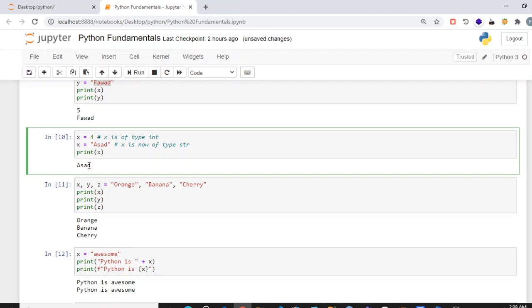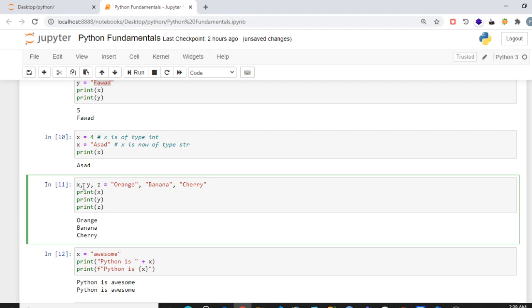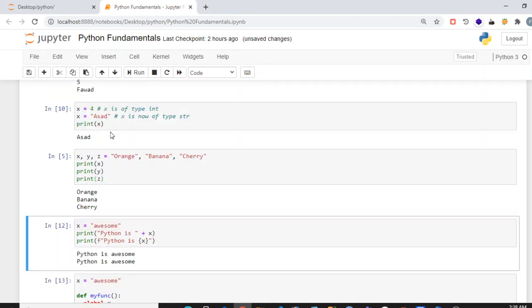Here's the output. Similarly, we can initialize multiple variables in a single statement using commas. For example, I have created 3 variables x, y, and z. Then I initialized them with the values orange, banana, and cherry. If we print them, you can see orange, banana, and cherry displayed on the console.